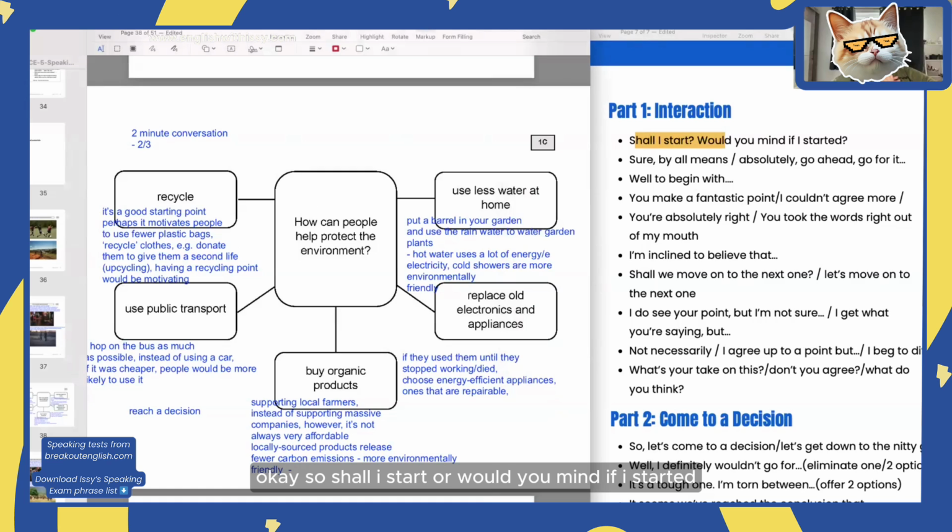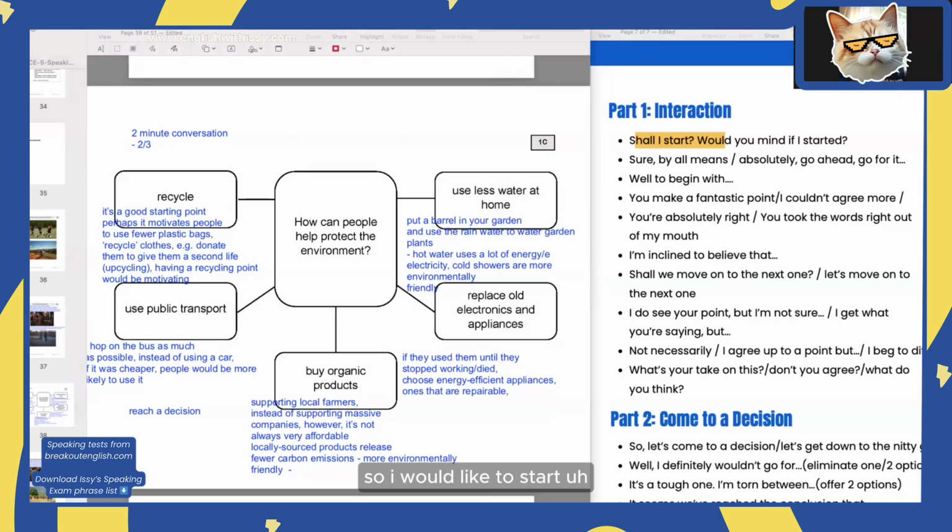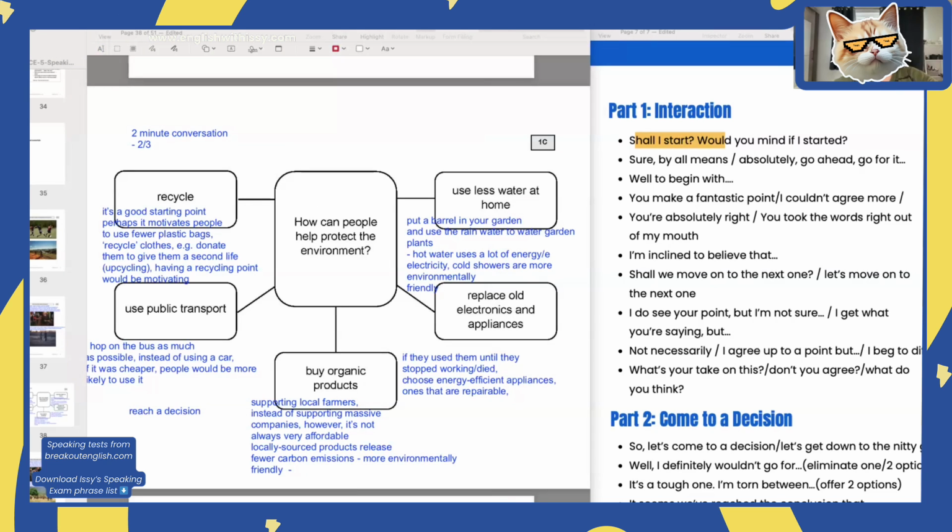Okay, so shall I start, or would you mind if I started? Go ahead. I don't mind. I would like to start speaking about buying organic products, because this topic is quite close to my heart. As I grew up on a farm, I'm used to buying organic free-range eggs and meat from the farm, which it's not